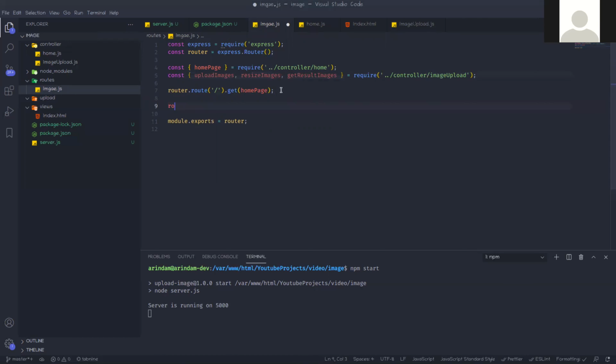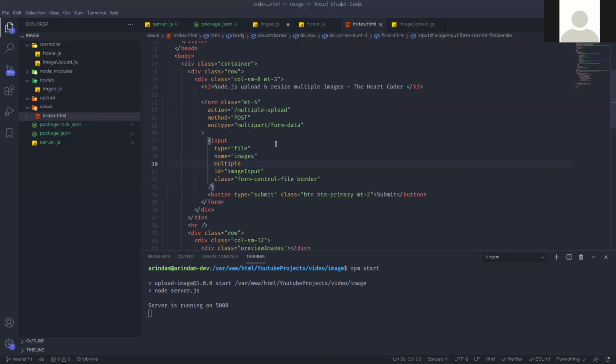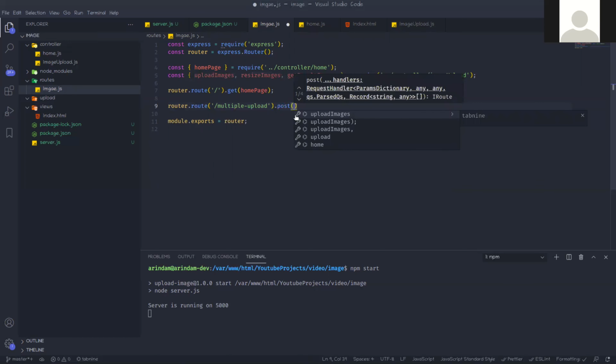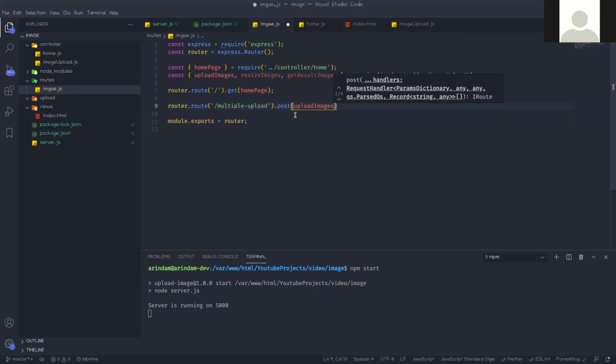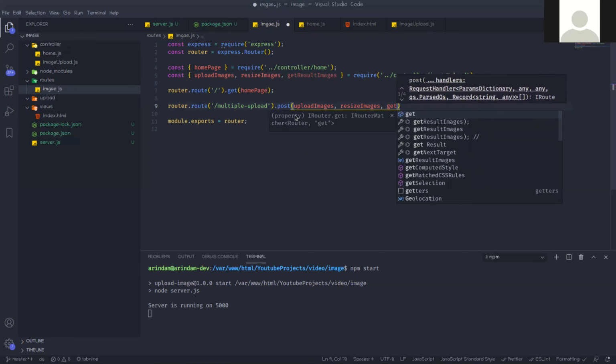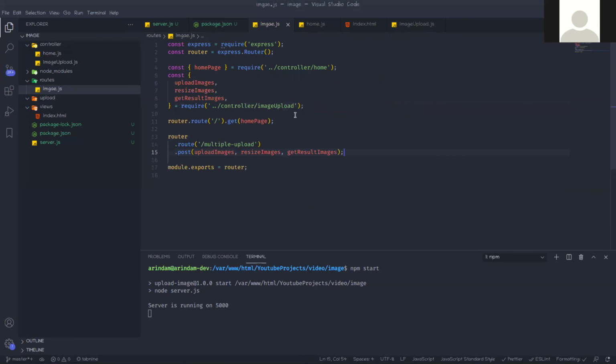So router dot route, first multiple upload. You remember, go to the index HTML, this is the route multiple upload. When it is called, that method should be post. So as I already told, first it will use upload images, then resize images, then get result images.